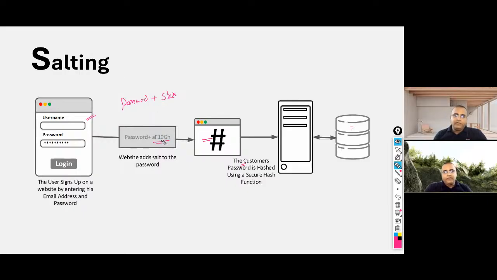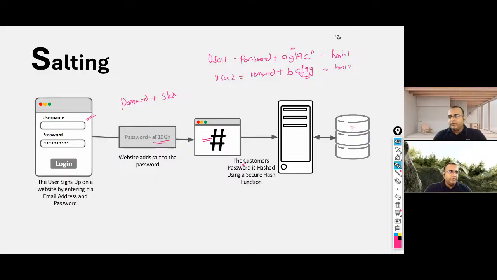So for every user, the hash is going to change. Let's say user one's password is just password, but it will add a random value to that, let's say AG19C. Again, for user two, the password is still password. They're both sharing the same password, but the random salt value is going to be different, BCF9G. Now is the hash going to remain the same? No, because of this change, the hash is going to change completely. So the identical hash problem is going to be more difficult to break.